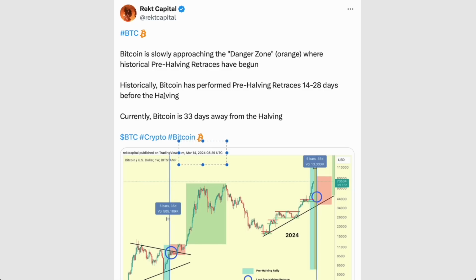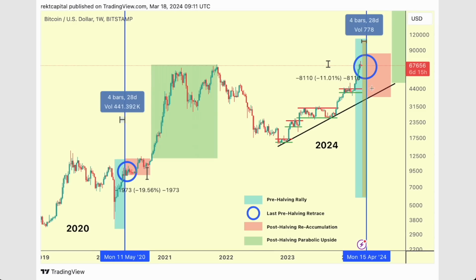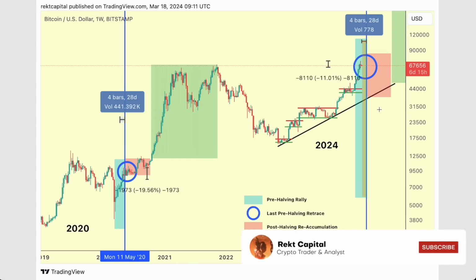4 days ago, we spoke about the danger zone for a pre-halving retrace, and now Bitcoin is pulling back right on schedule. We're going to be talking about this pre-halving retrace in a lot more detail in today's video,